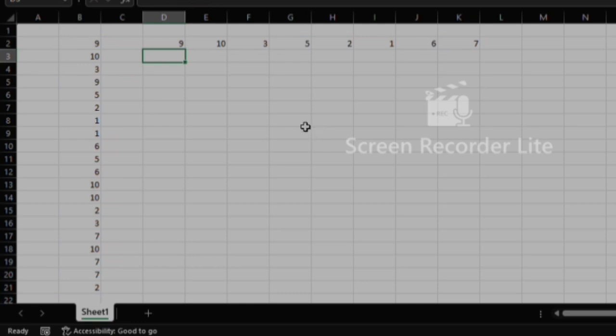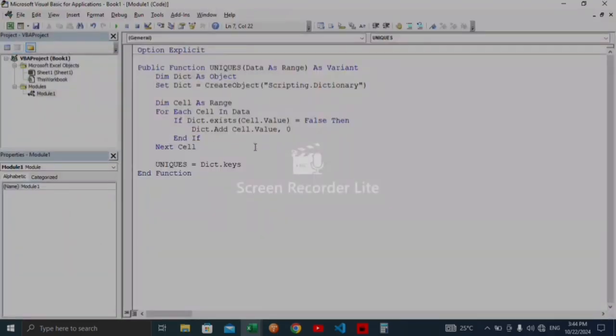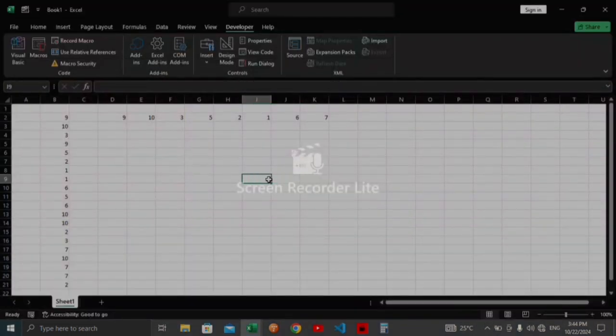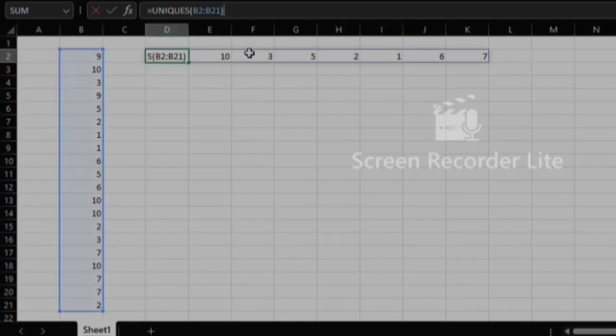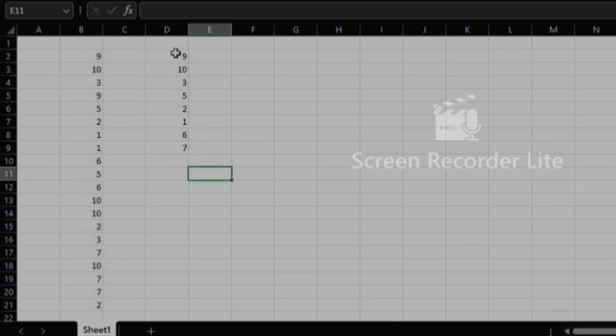Here you can see, this function returns all the unique values, but column-wise. To solve this issue, we will use transpose function of Excel. Now you can see, this function is working